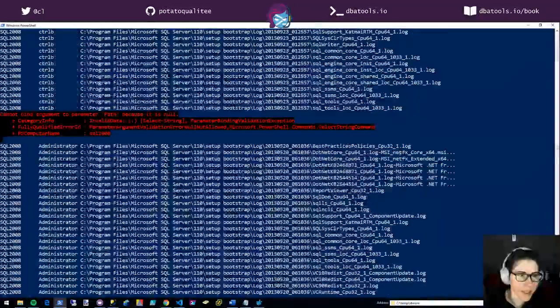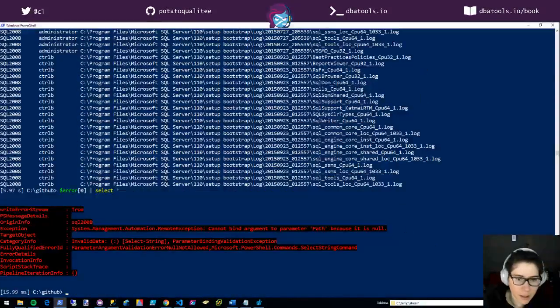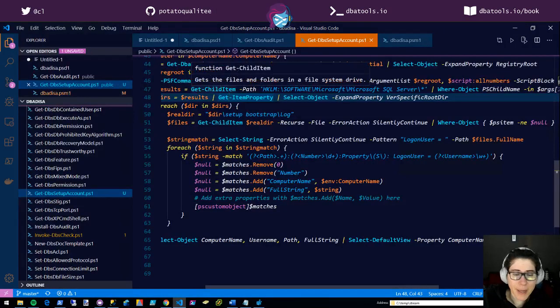Okay, I'm kind of thinking that maybe the parameter binding validation error, select star, origin 2008. Oh, that's interesting. It doesn't have as much information. I think that it might be right here.